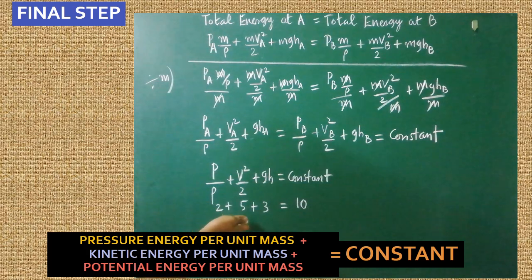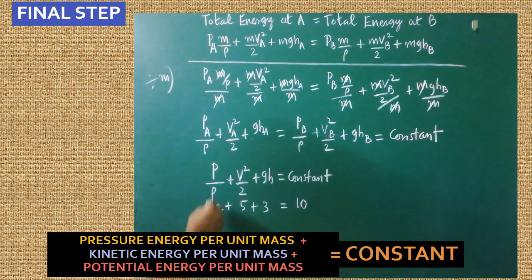So here which one dominates? Velocity factor is dominating. That is called velocity head. Are you clear? So this is called gravity head, this is called pressure head. Pressure head is low, velocity head is more, and this is gravity head, that is 3. Though the numbers change, the final total value will be